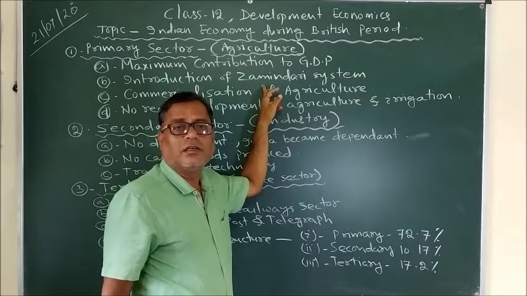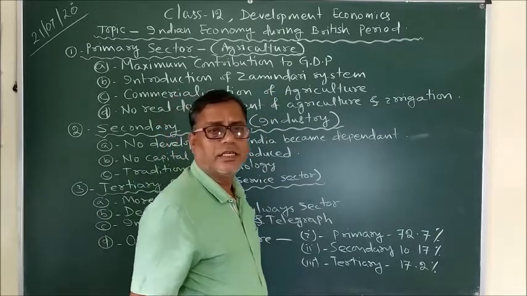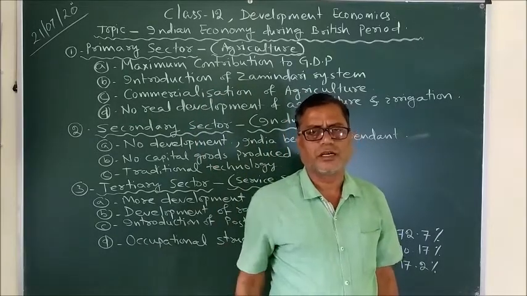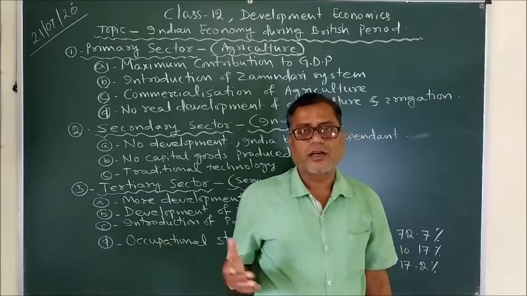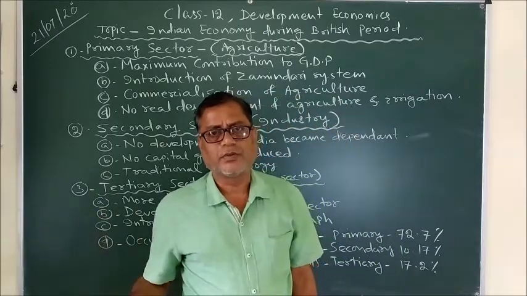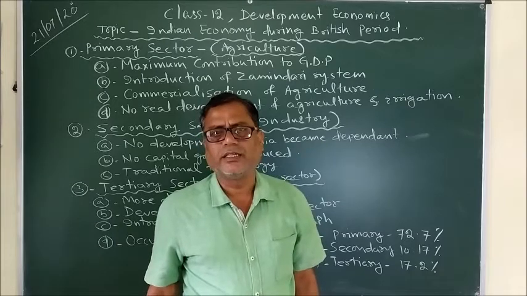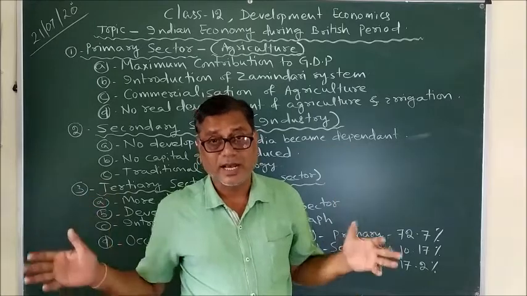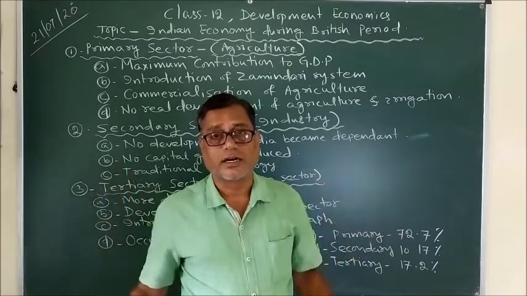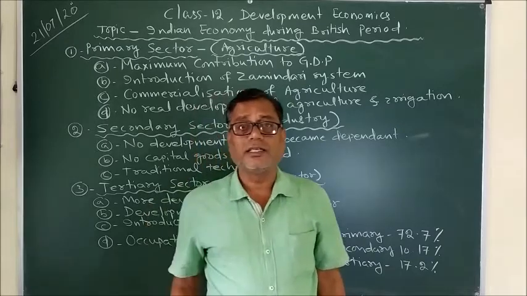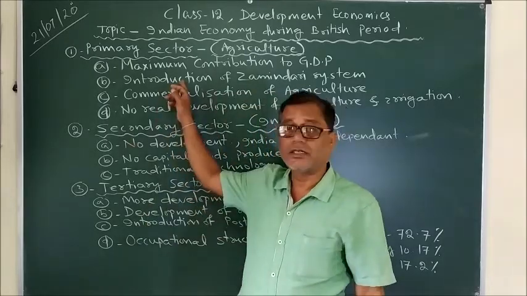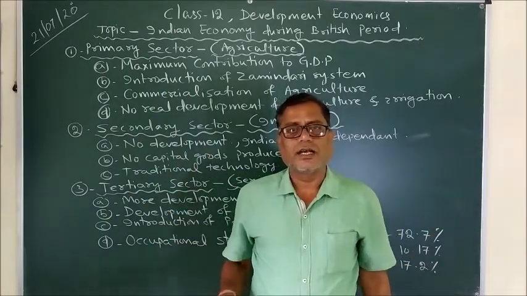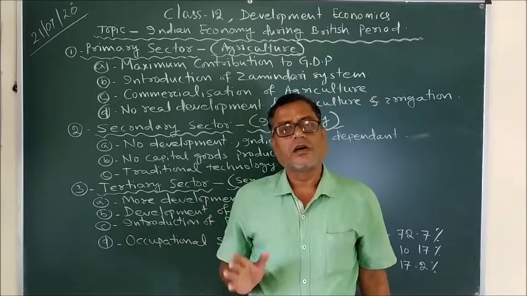This was something the British introduced, changing the plan for their own convenience, because they were collecting tax from tenants, from the farmers, and it was a very laborious process to collect land tax from all the tenants. That's why they introduced the Zamindari system, where a particular area was assigned to a particular person called the Zamindar.